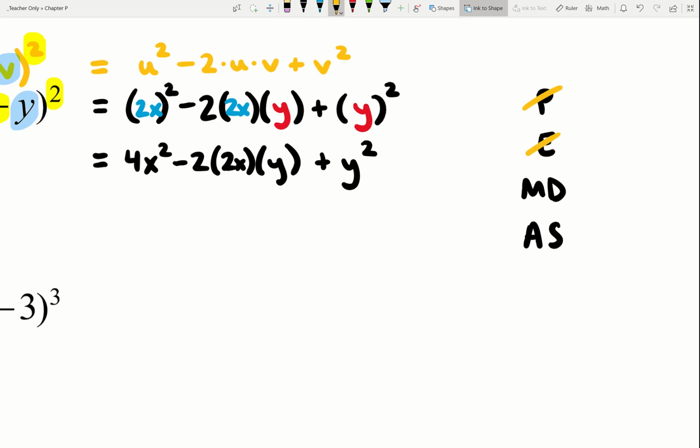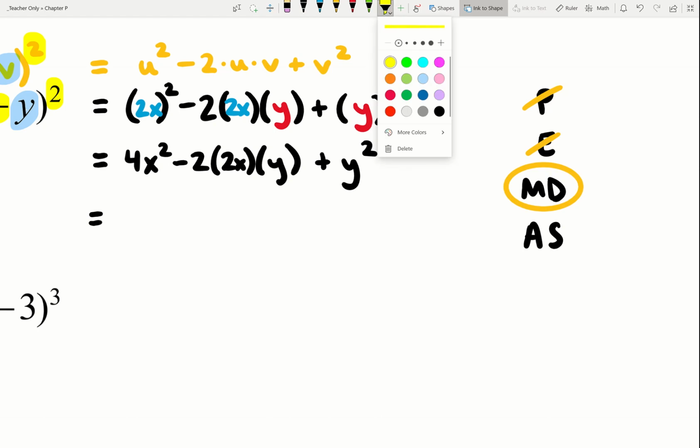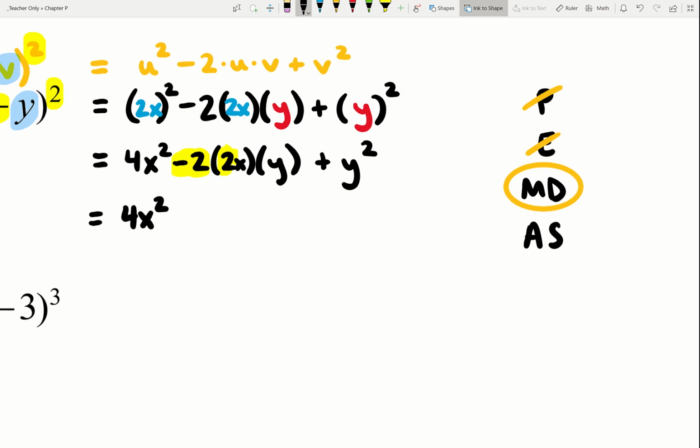We are done with the exponents part, and now we move on to multiplications and divisions, taking care of whatever comes first as we read the expression from left to right. Here we don't have any divisions, but we do have a multiplication. We have this middle term where we're multiplying three different terms. The way to do that is to multiply the coefficients together. So we have negative 2 times 2, and that gives us negative 4. I'm going to lead this off with our 4x squared, then pick back up with the negative 2 times 2. That's negative 4, and what's left over in the multiplication is simply a copy of x and a copy of y. So I'll write that as negative 4xy,